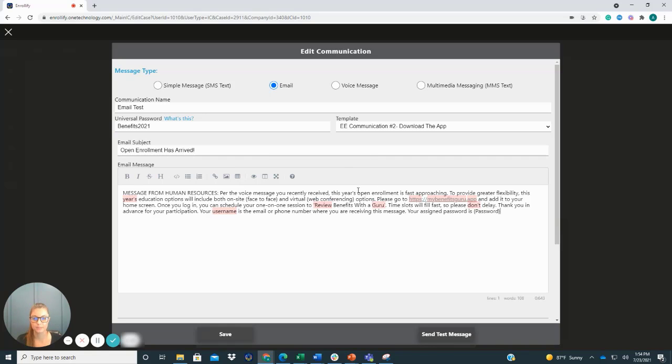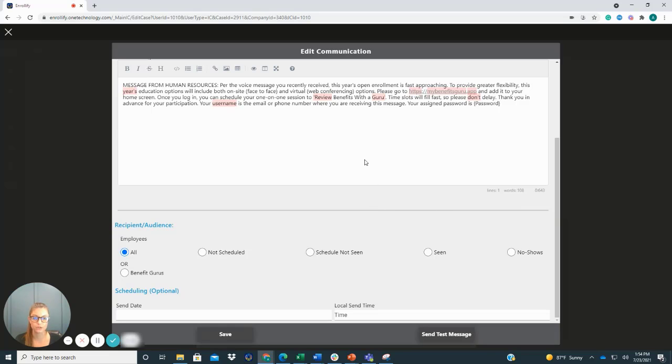Once you finish with the top section, be sure to scroll down to continue filling out the rest of the fields. Go ahead and select who you would like this message to be sent to. You may notice that there are more options now for who this message can be sent to. We have now divided the employee population into everyone, those who have not scheduled an appointment, those who have scheduled an appointment but have not been seen for their appointment yet, those who have already been seen, and those who